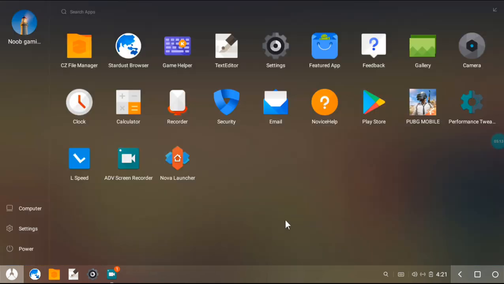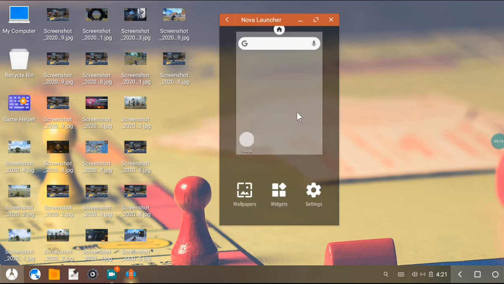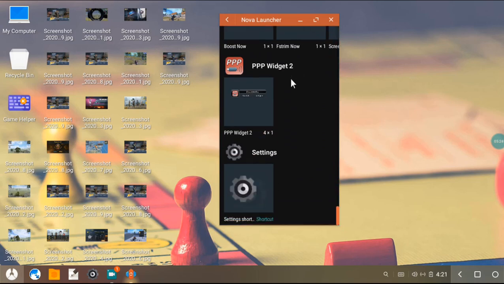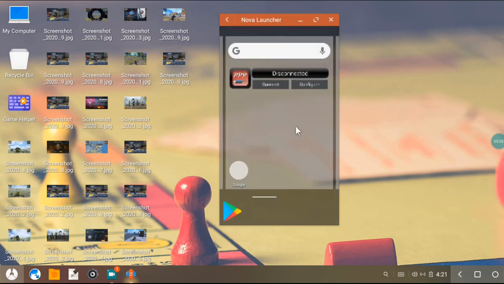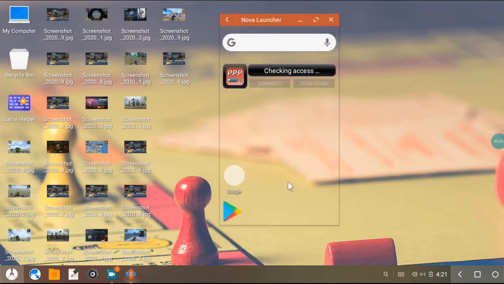Okay, now open Nova Launcher, tap and hold on the home screen and click on widgets. Now scroll down and find PP Widget 2. Now set it here, click on create, and it will check access to your modem connection. I already plugged in my modem,